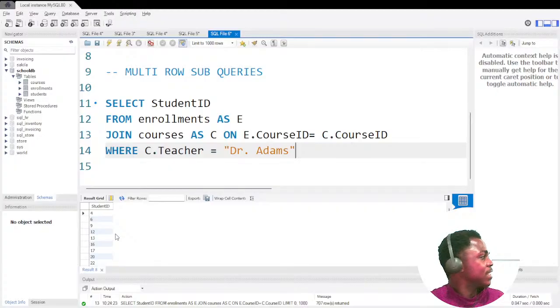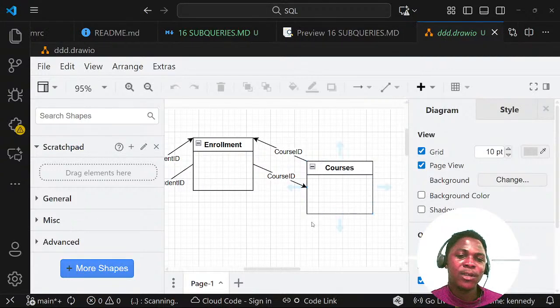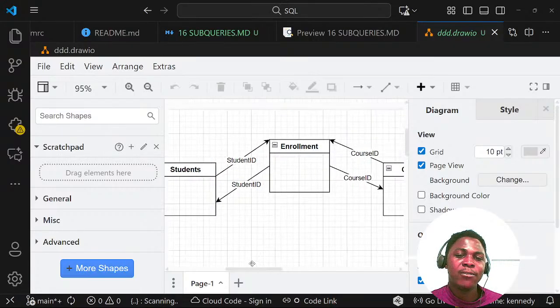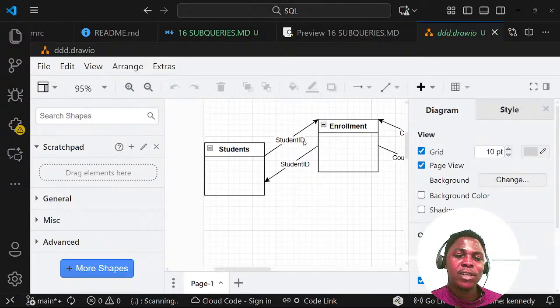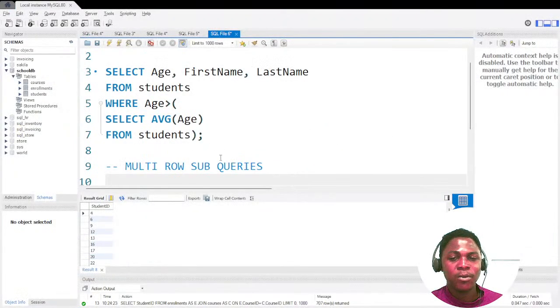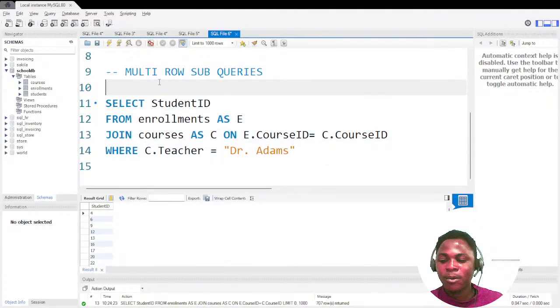The student's ID. But we can't get the student's name from enrollment and courses only. We can get their names from the student table. So we have to join whatever we got here to the students on the student ID, right? So that is why instead of a join, we use subqueries. So these are the list of IDs. So quickly we use subqueries saying